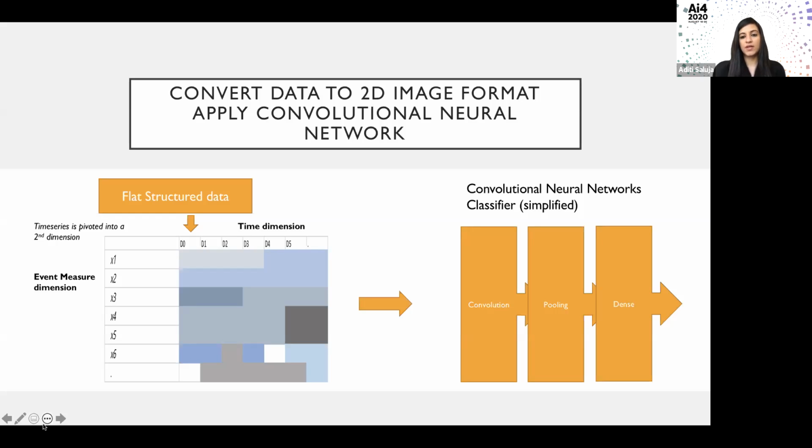Then on top of it, I applied a convolutional neural network. It is a very simple convolutional neural network, and it worked really well on my data. The first layer, which is the convolution layer, acts as a filter, which helps to reduce the information, but it captures the important ones. Then the second layer is the pooling layer. Here I'm using max pooling.